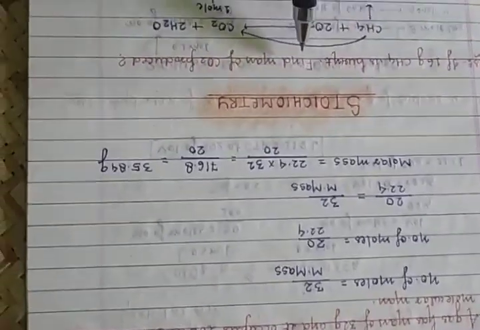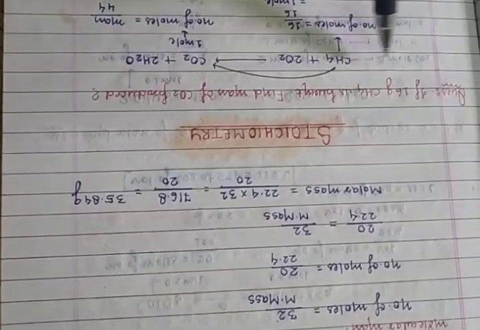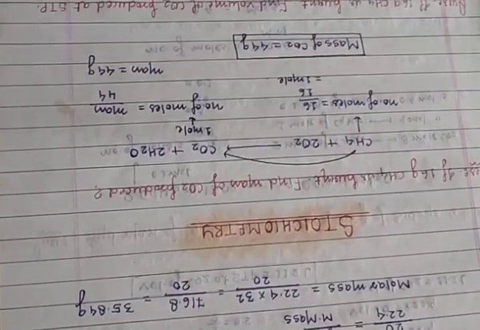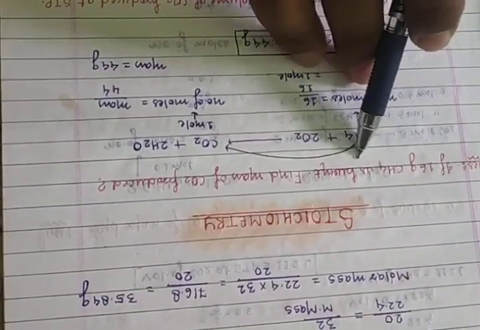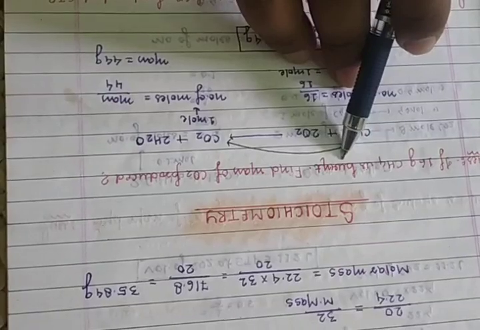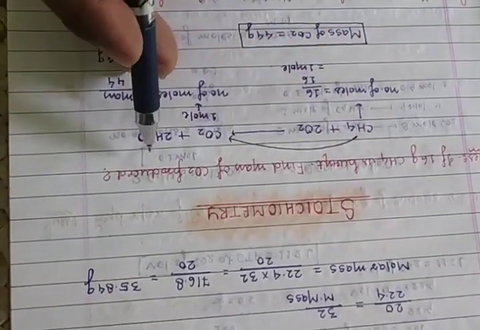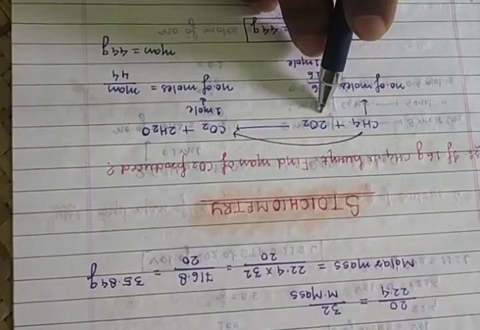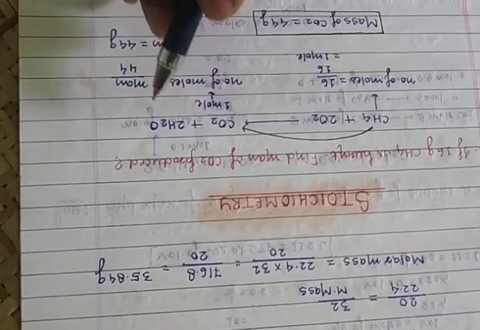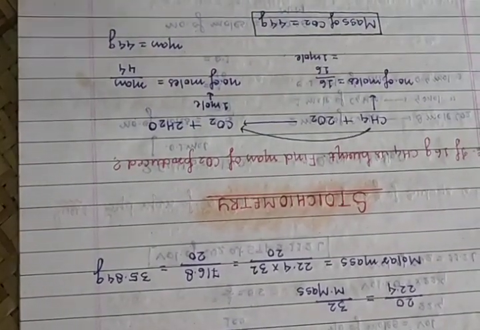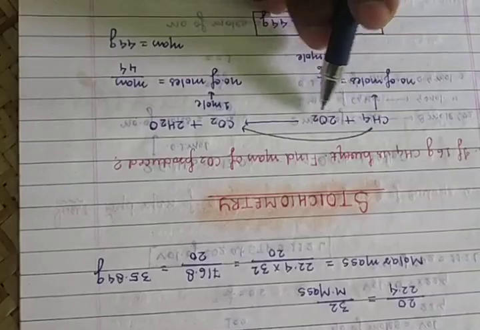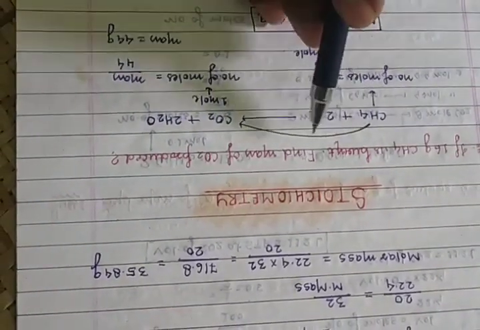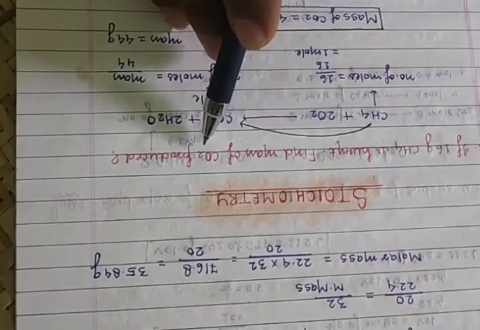Okay, now the next topic is stoichiometry. Again this is based on the chemical reaction. So first you check: if 16 gram of CH4 is burned in the presence of oxygen, find the mass of CO2 produced. First you write down the equation: CH4 plus O2 gives CO2 plus H2O. This is based on the chemical reaction, and this is also known as a combustion reaction, you know very well. In this case 16 gram of CH4 is given and you find the mass of CO2.